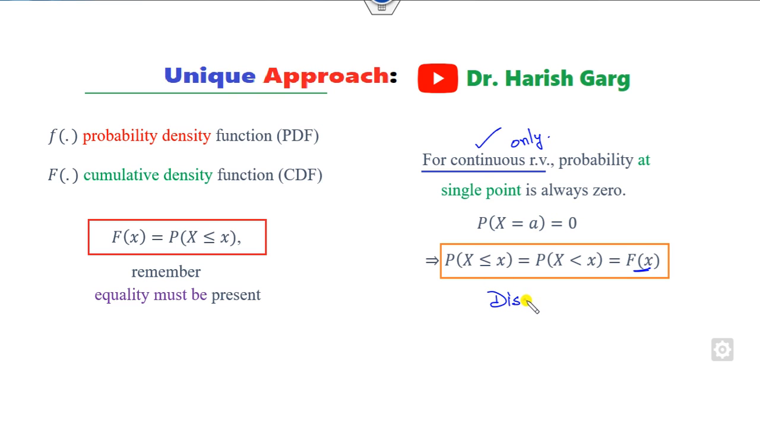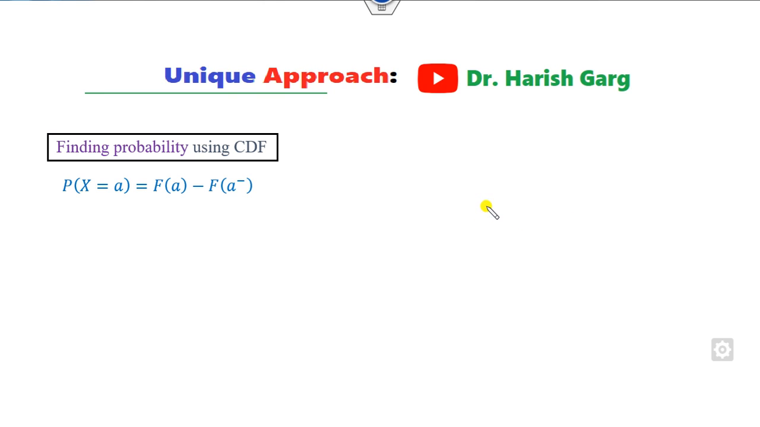However, if it is a discrete random variable, then they are not equal, while only for the continuous they are equal. Then how can you find the probability if the CDF is given to you? We all know if the PDF is given, how you can find the probability in between A and B: you can simply integrate from A to B. But if you have the CDF, then you always use the formula,